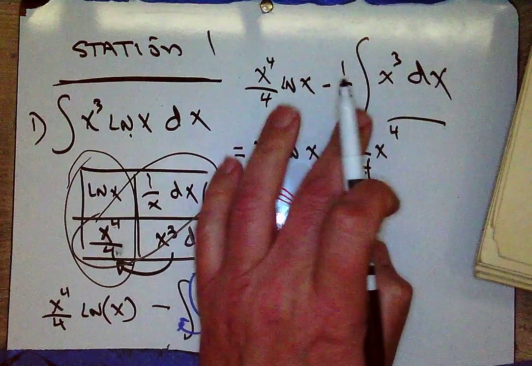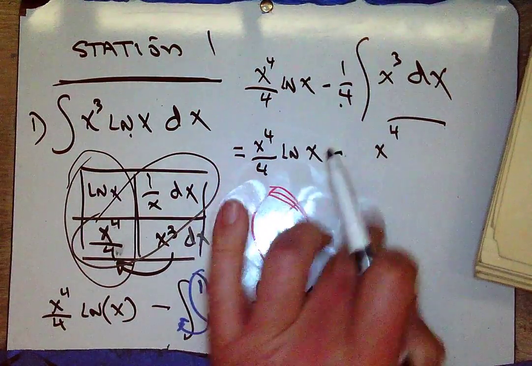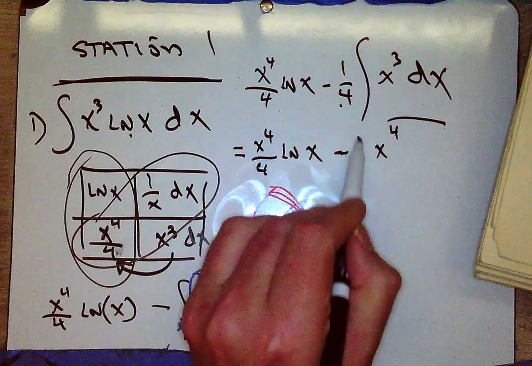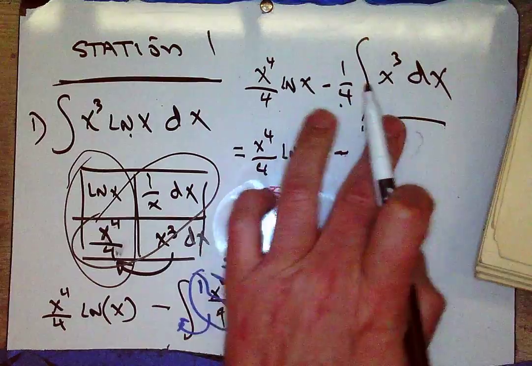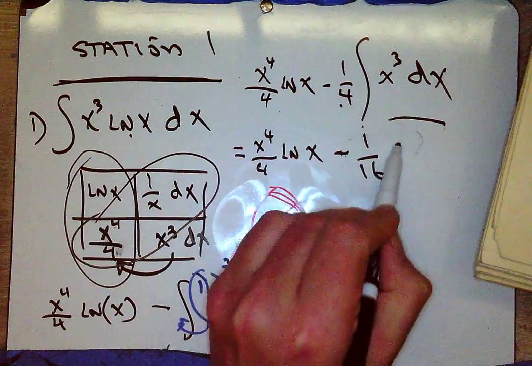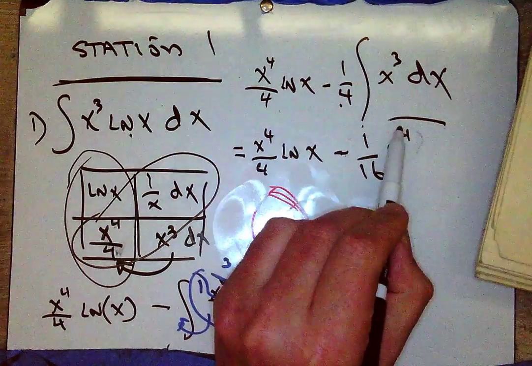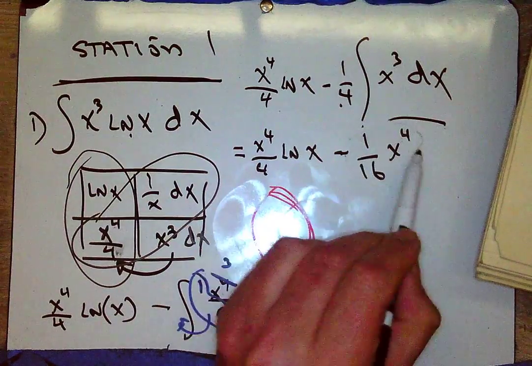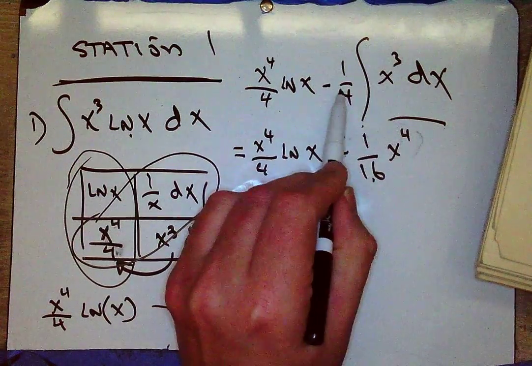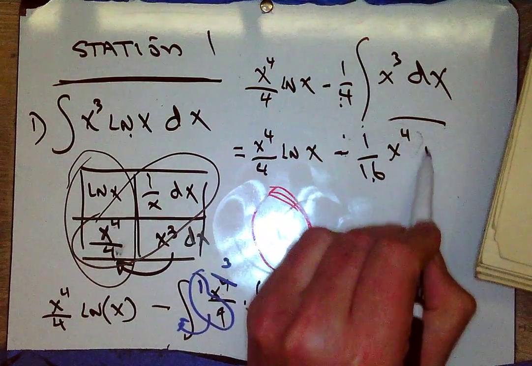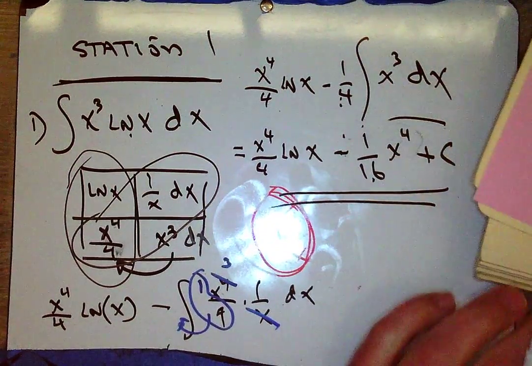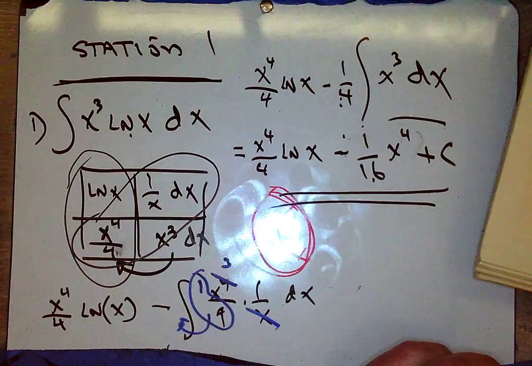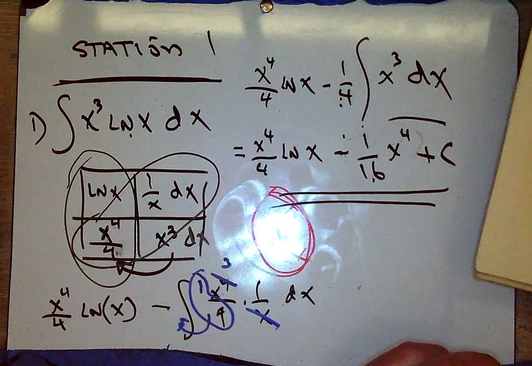What if I had no 1/4 there? Yeah, that's definitely needed, because then that would come down and I'd have a 4, but I need a 1/4. Yeah, so it's 1 over 16, x to the fourth. That way, when this 4 comes down, 4 cancels with 4, leaving me 1/4. And don't forget the plus c. Okay, any questions about that one? Excellent. All right, let's move on